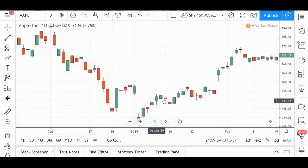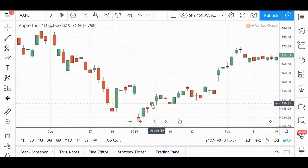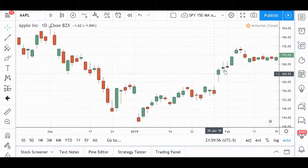Now, don't use this as your only indicator to take a long position. Don't just say, oh, you had a gap down and then it filled it quickly, therefore I'm going to get in. No, you want to look at other things. You want to look at the news, what's going on with Apple, okay? Is there a reason for it to turn around? All right, and you can use other indicators as well. But this does count, at least technically, as an exhaustion gap, and look what happened afterwards, up, up, and away,